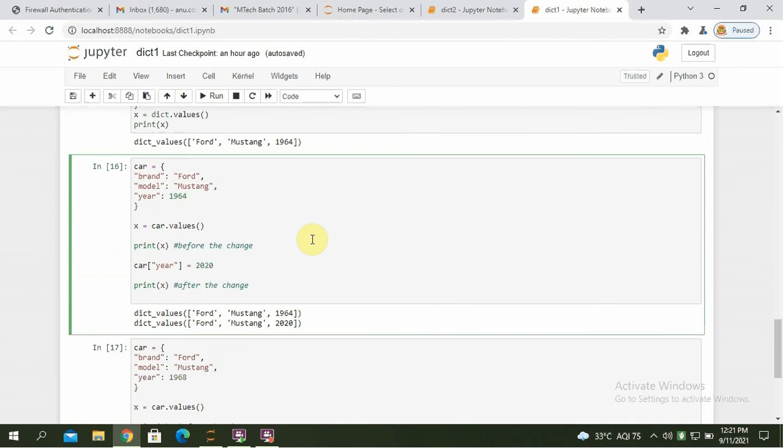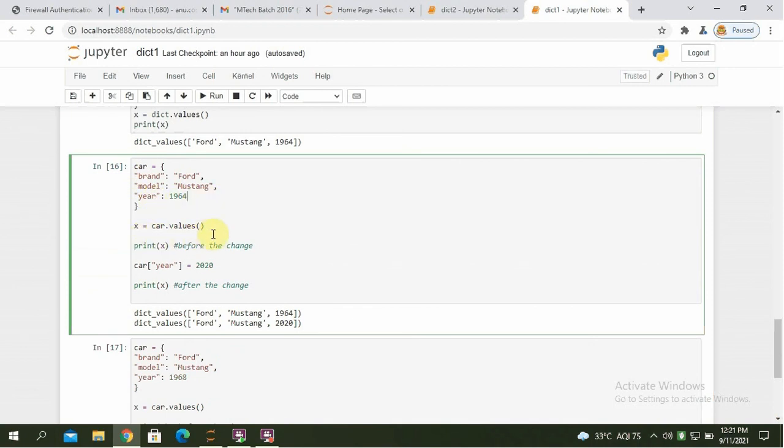Make a change in the original dictionary and see that the values list gets updated as well. Car consists of key colon value pairs.